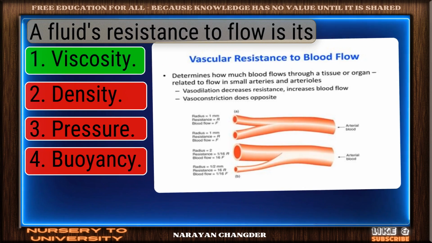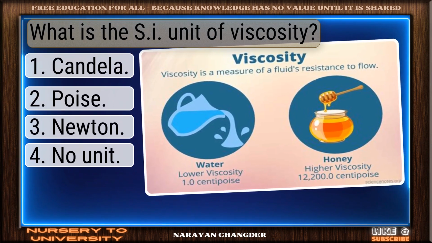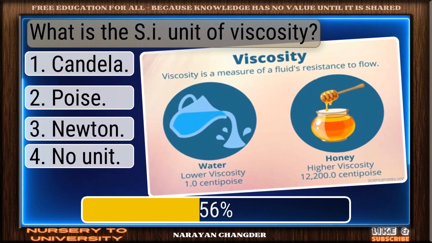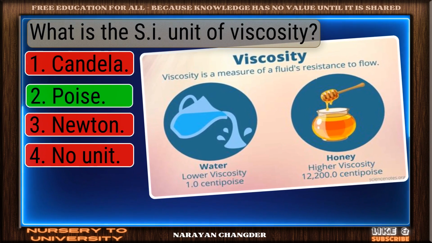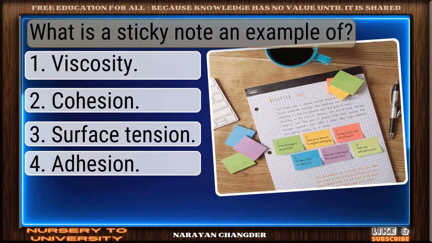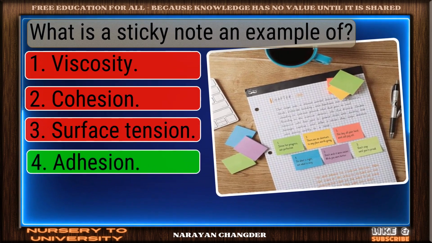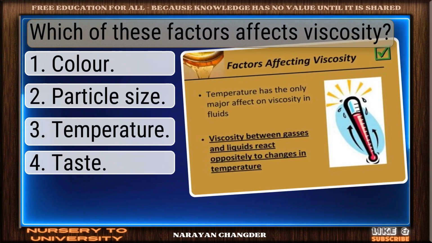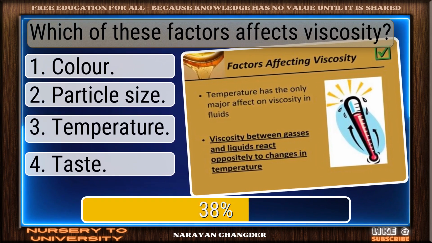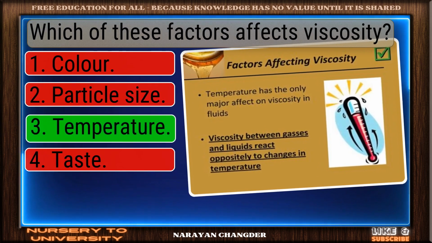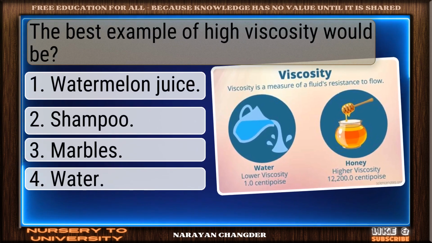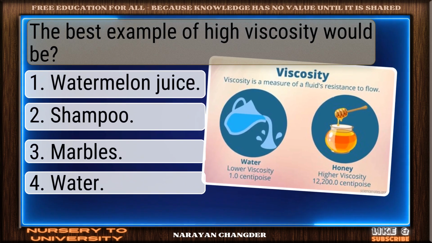Outstanding effort. Viscosity. What is the SI unit of viscosity? Well reasoned. Poise. What is a sticky note an example of? Excellent work. Adhesion. Which of these factors affects viscosity? Correct response. Temperature. The best example of high viscosity would be